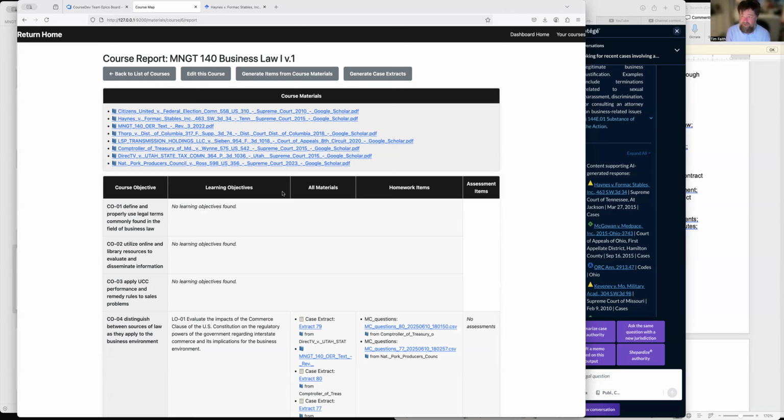And what it's doing is it's reading that PDF, getting the text out of it, and then it is trying to create an extract, which is just the parts of the case that are relevant to the particular learning objective that I had selected. So it's looking for at will, wrongful discharge, those sorts of keywords. That's what it's looking for, concepts like that. And so it will take a little bit